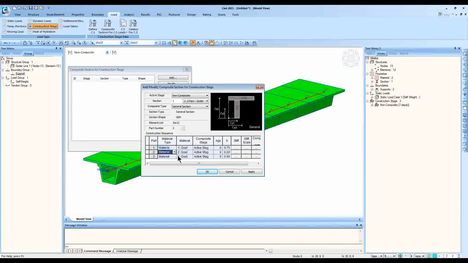Not as the element, but using our composite section type. So part 2 has different material. It's got C4500 concrete. So for part 1, I have C9000 concrete, and part 2 and 3, I have